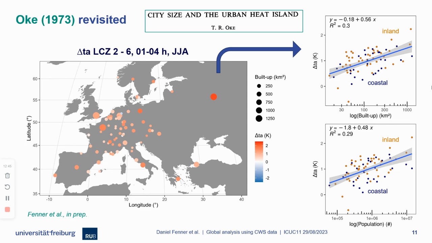And that means we lose some of the cities because they don't have enough stations in 2. And what you do see here is a very clear relation between the heat island intensity and both the population, as it was done in the paper, and also the built-up area. So I think also population in Tim's sense is more a proxy of urban structural characterization, which is related to the size of the city, which is more relevant. So you can clearly see that, even if there's some variation. And secondly, you can see that the coastal cities, in comparison, have a slightly damped urban heat island again.